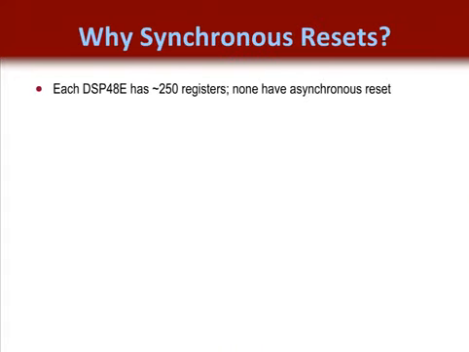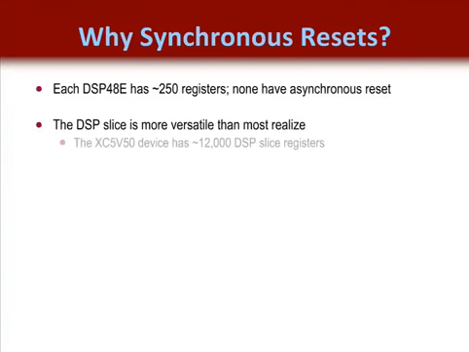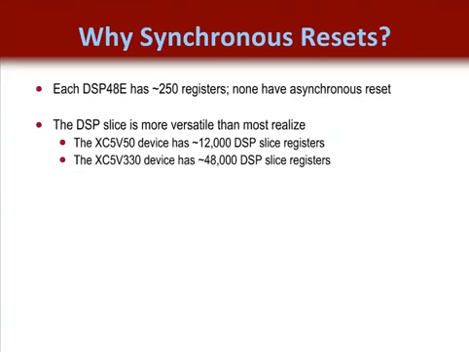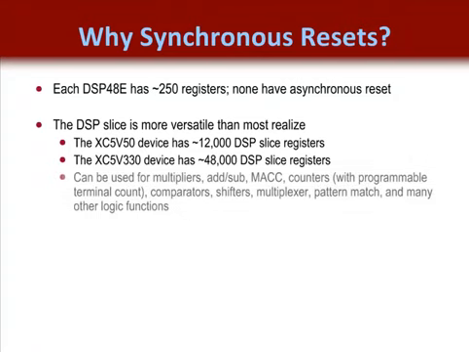It is important to remember that using dedicated hardware resources is going to free up extra slice resources, which will give the implementation tools the ability for your design to reach a higher speed. And for your information, Virtex-5 50 has approximately 12,000 DSP registers, and the Virtex-5 330 has approximately 48,000 registers. The DSP slice resources can be used for extensive math and DSP functions, so it is very important to remember